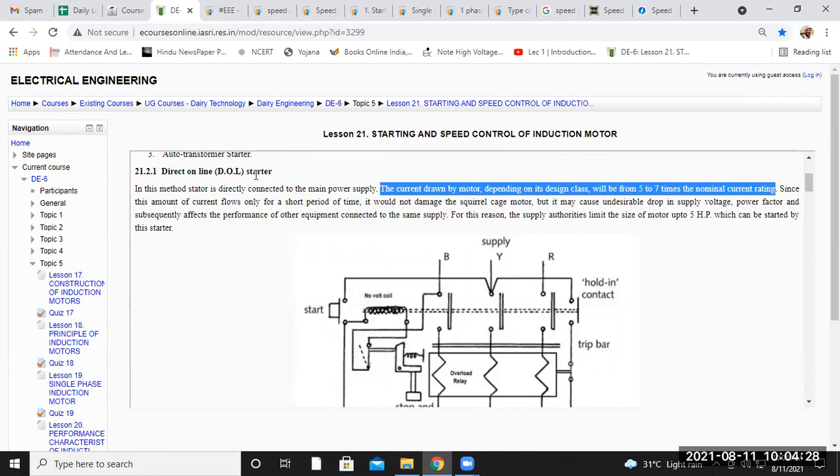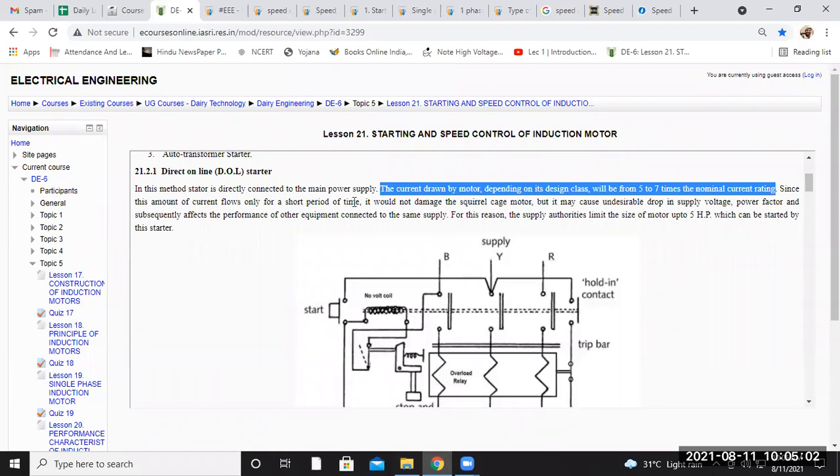That's why this direct online starting method is mainly used for motors up to 5 horsepower. That's the rating of the induction machine on the nameplate. The induction machine is rated in terms of horsepower or kilowatt, because for the synchronous generator, I have told you, those are rated in KVA, not in horsepower or kilowatt. Because in KVA, if you're using the nameplate as KVA, let me first complete this one.